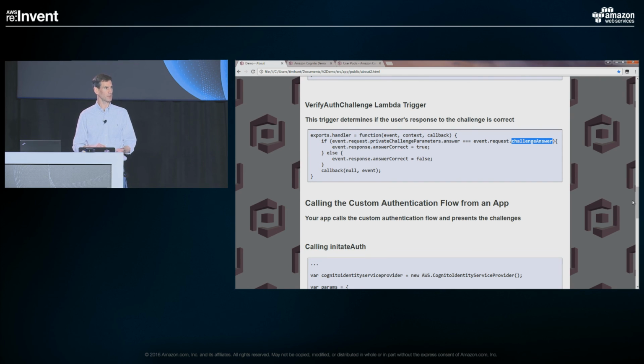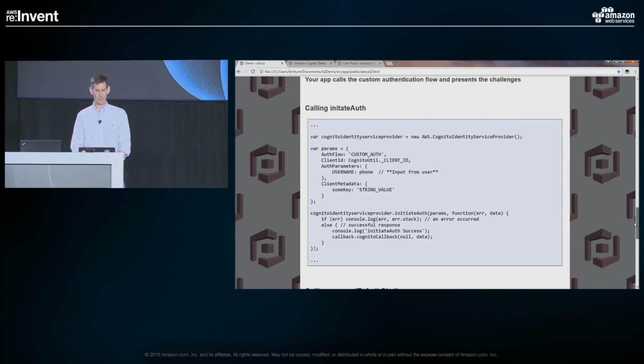A few more things I'm going to point out for how you would use this from the client side. So you want to present that user experience or something like it that I showed you a few moments ago. And the first thing you do with any authentication flow is you call initiate auth. So initiate auth is going to kind of start that sequence where you could have challenge after challenge. It's kind of the first one to enter you into that flow. And the key thing here is to define, as you're passing your parameters, that it is a custom flow.